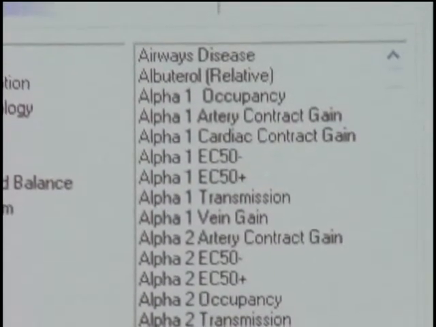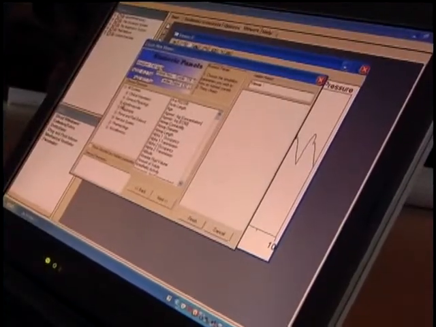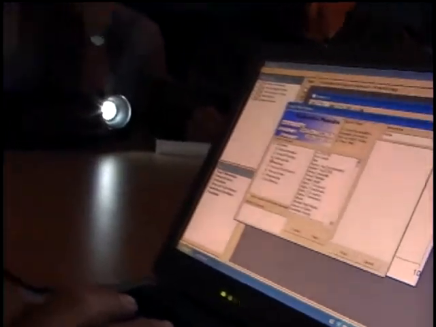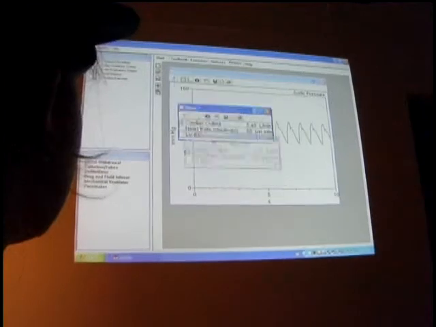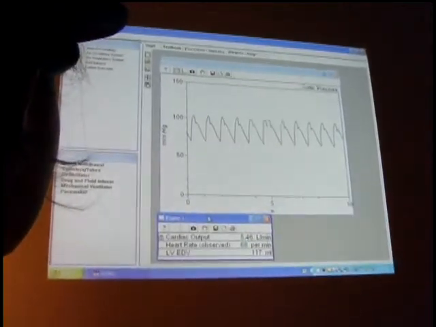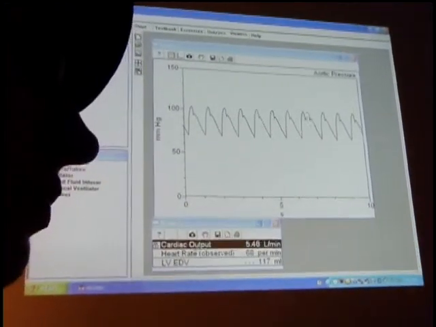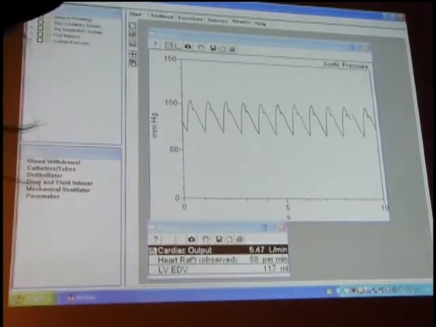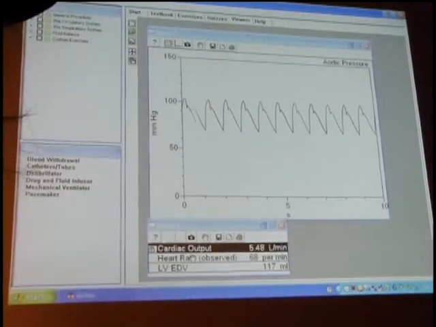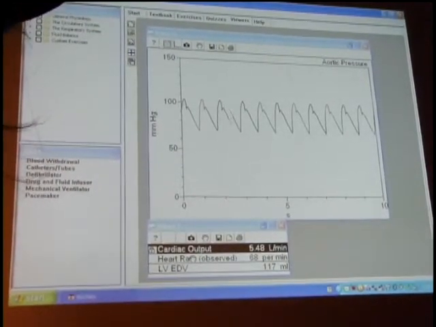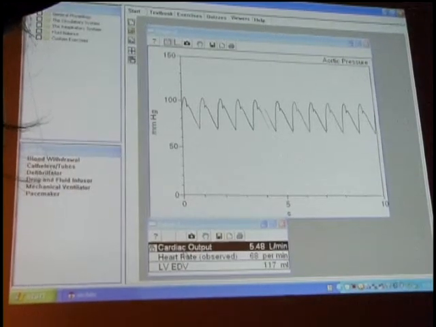For example, say you wanted to teach about the cardiovascular system and you were interested in showing, for example, the cardiac output. I could select the cardiac output to display. It makes it easy for me to just pick parameters that I want to show you, and then they're displayed. And they're displayed in terms of what's being calculated by the simulation at the moment. So you'll notice that cardiac output is at